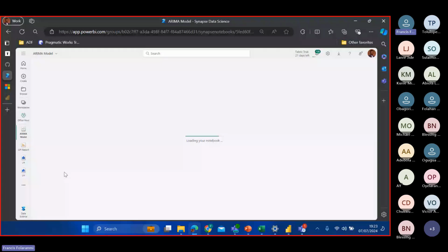Existing, add. I think it's a little bit buggy. It's not even network now, it's just a bug happening here. Yeah, so this is the lake house. I'll just check it, then I click on add. Once I click on add, that should add. Yeah, so we have the lake house now attached to this notebook.